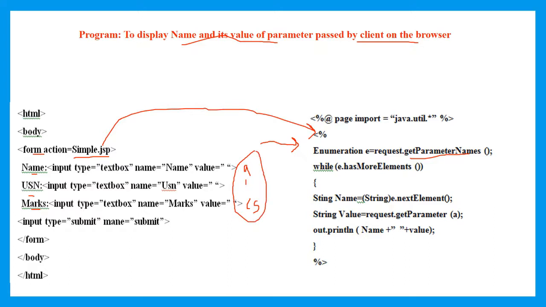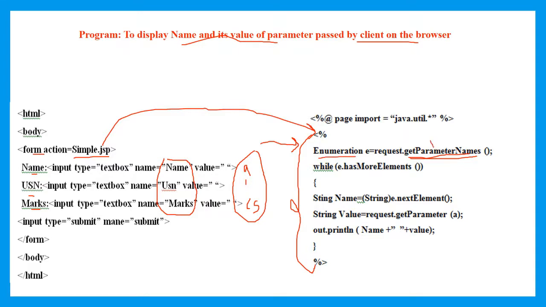Now I want to read the input parameters. So for that we will make use of a scriptlet tag. Okay, this is a scriptlet tag. Within a scriptlet tag we are performing the operation. To read more than one parameter value, we will make use of the getParameterNames method. The getParameterNames is a method which is going to return the names of the parameters to the Enumeration class. The getParameterNames method belongs to the interface called the request interface.